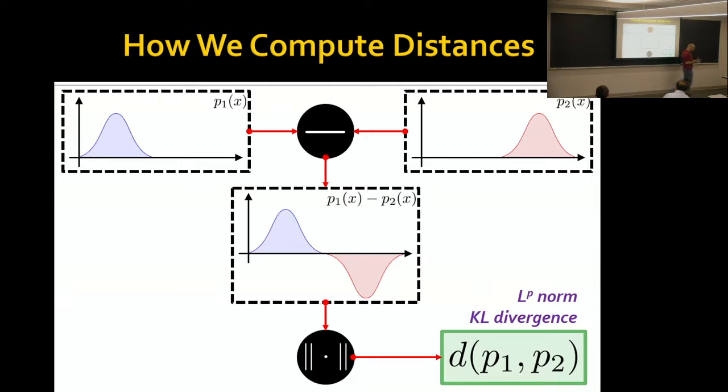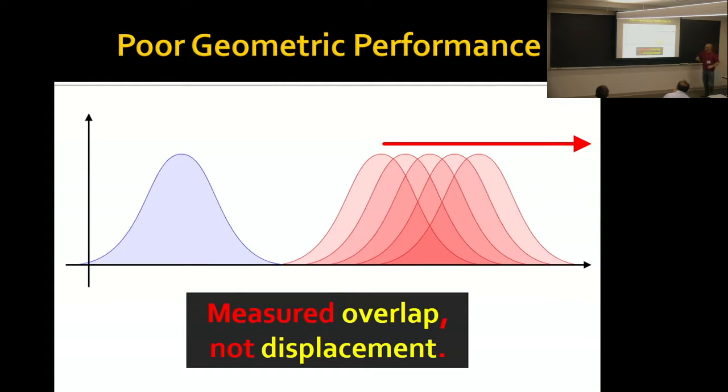And if you take most measures of distance that look like this, these are all over the place, statistics, probability, and so on, they have a funny property, which is, let's say that I have two Gaussian distributions, two bell curves. I take the bell curve on the right, and I just keep moving it farther and farther along the x-axis. And I plot the distance value that I compute from one to the other. The question is, what do I get?